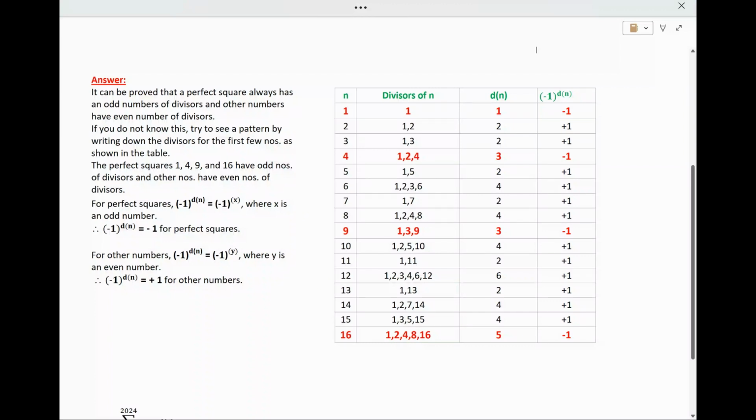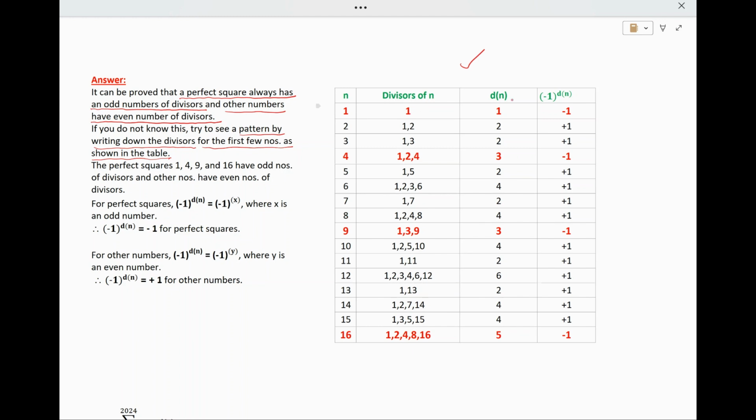Answer. It can be proved that a perfect square always has an odd number of divisors and other numbers have an even number of divisors. If you do not know this, try to see a pattern by writing down the divisors for the first few numbers as shown in the table. In this table, we have taken numbers from 1 to 16. We have listed out the divisors for each number,